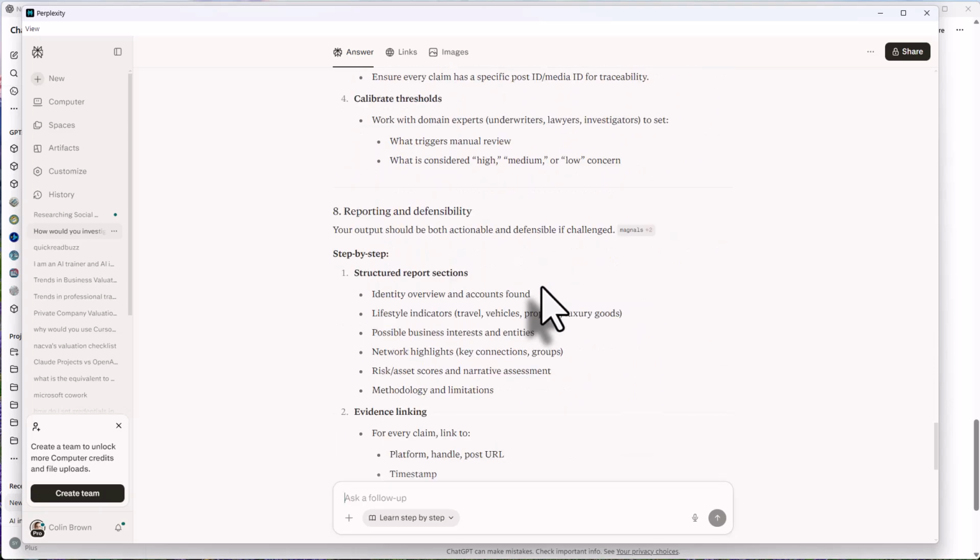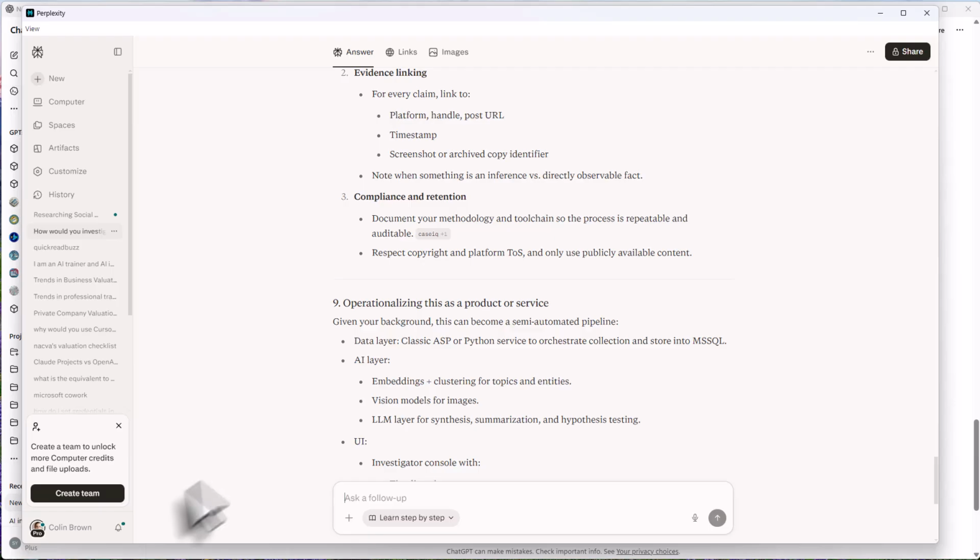In any case, this is a pretty good result, and you can get Perplexity Pro for free for the most part. You just do a Google search and you'll find a way to get it. I've had the Pro version for over a year and have never paid, so it's kind of nice.